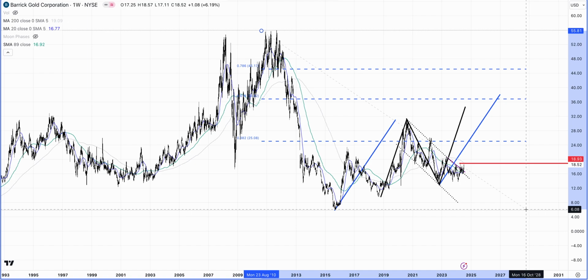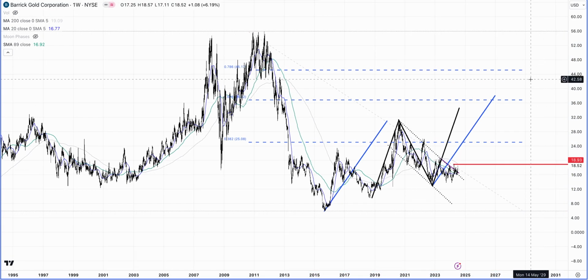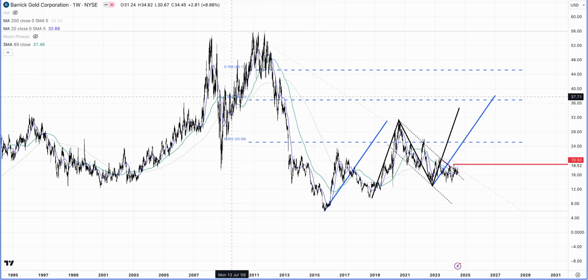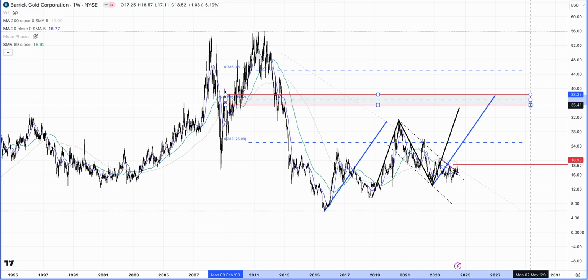So a little bit different to what's going on right now, because here the miners had been really suppressed, but the underlying moved quite a bit, and now I think the miners are also moving to the upside. So here we go. I believe this 3680 to 38 level is gonna be the key level to watch. It's pretty far off as it may seem in Barrick Gold.